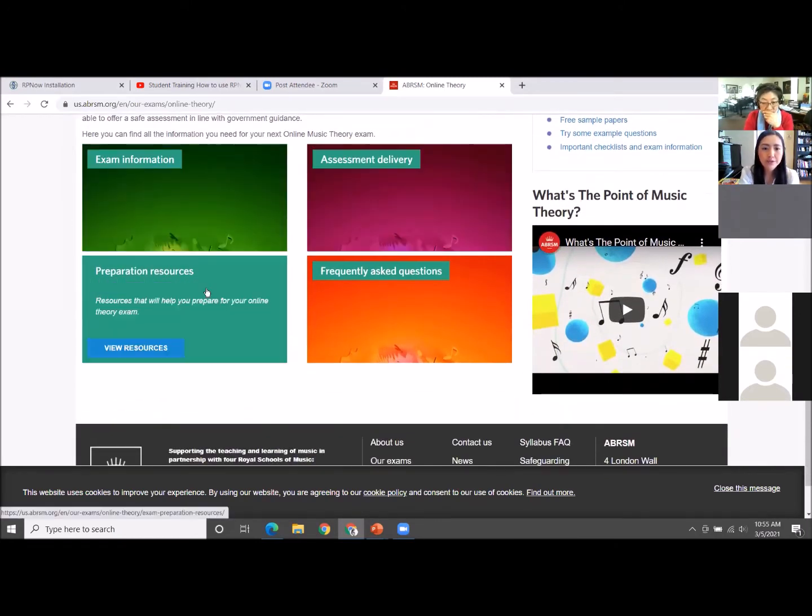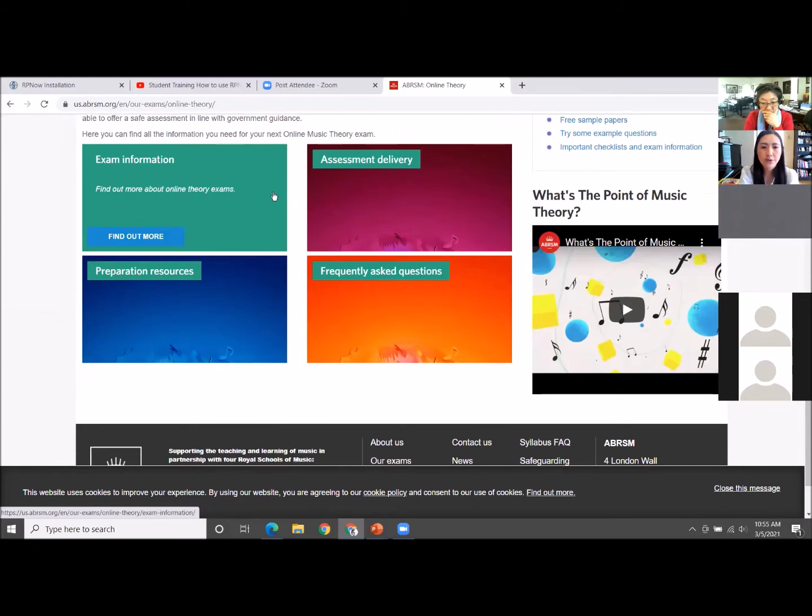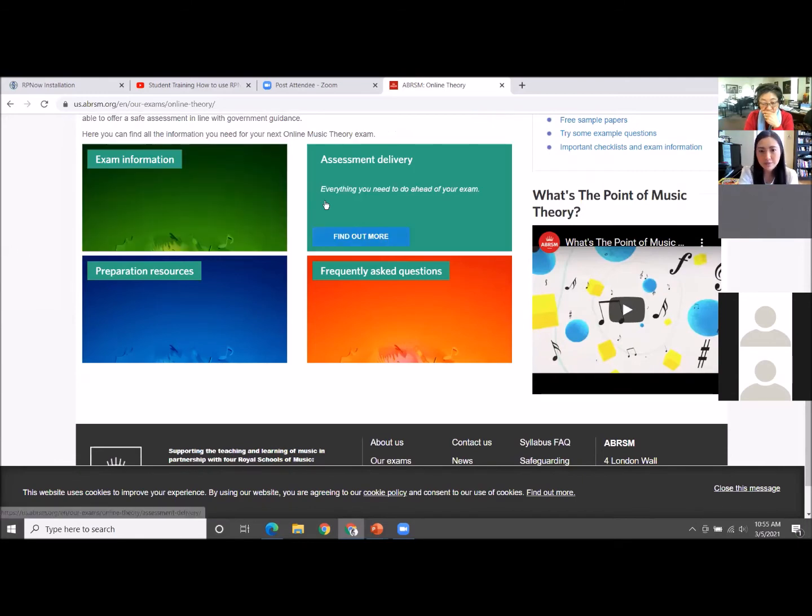So it has 4 little colorful squares that has all the information that you need to know regarding the exam, but specifically about the systems that I was mentioning earlier.